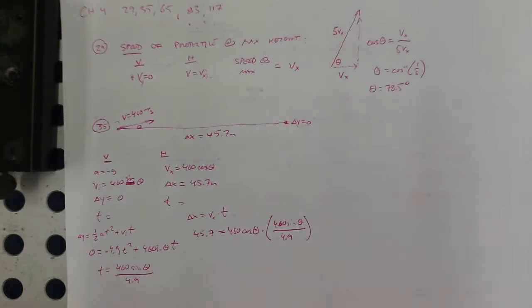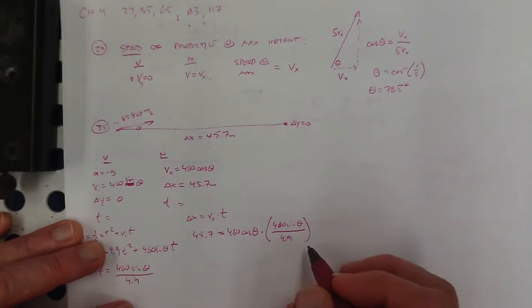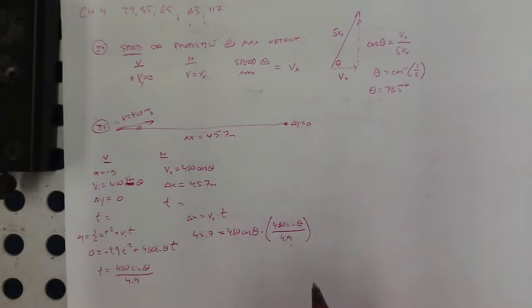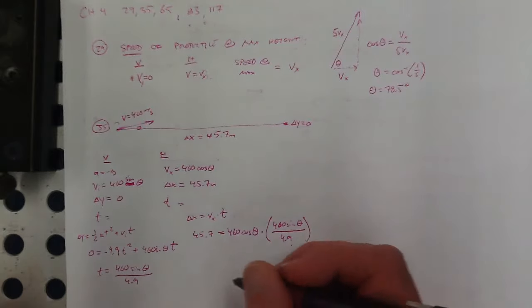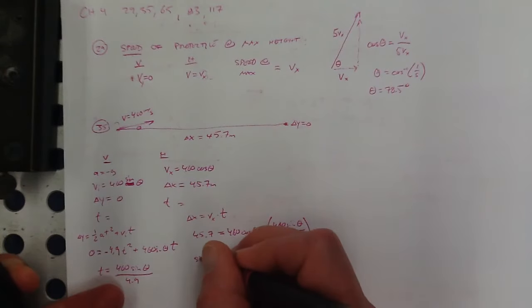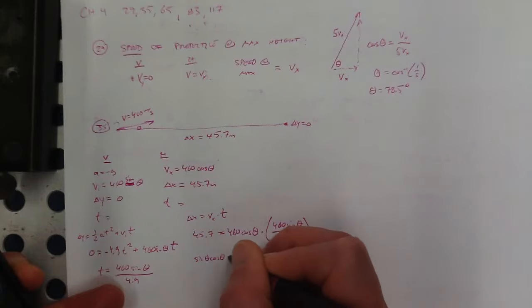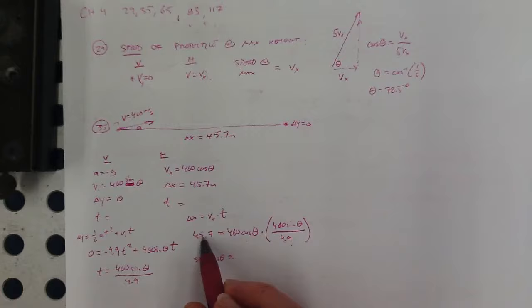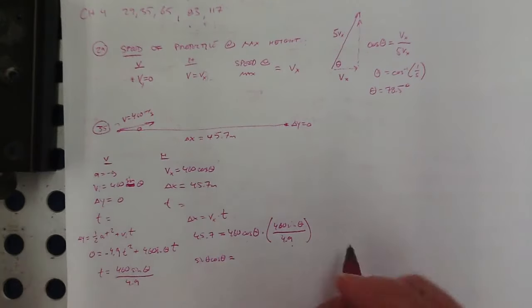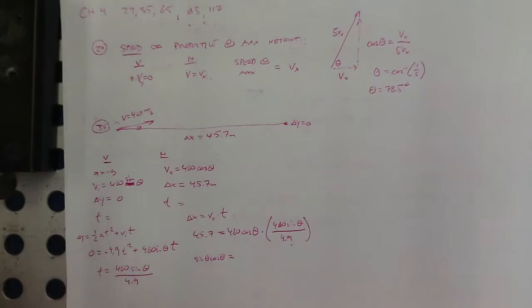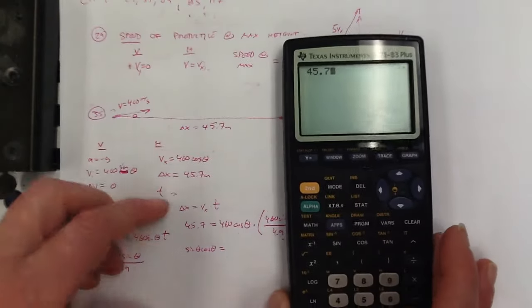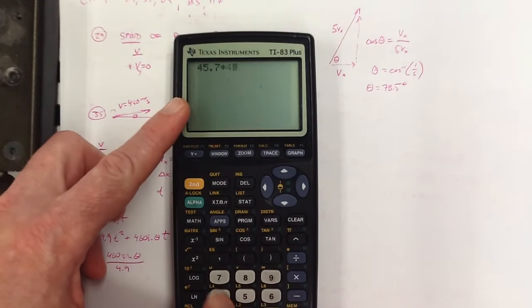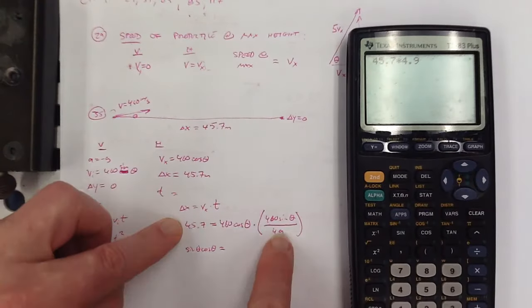So let's see what we have. It looks like I have sine theta, cosine theta. I'm going to get everything else to the other side. So I got a 4.9 times 45.7, let me show you what I'm doing, times 4.9, that's moving that up here, and then I'm